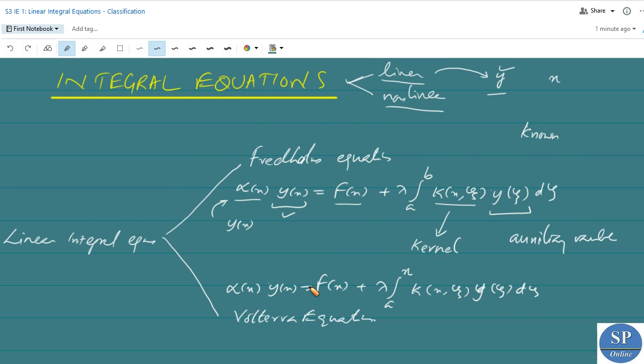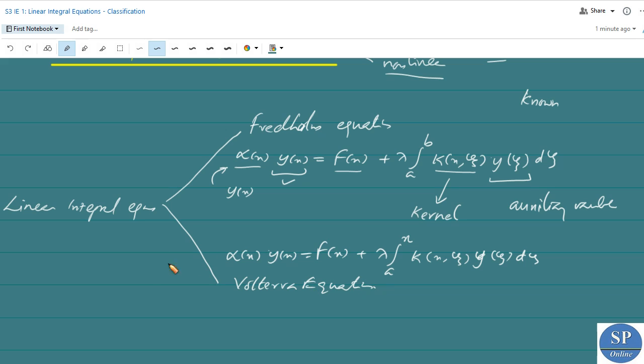Okay. So we are talking about linear integral equations. They can be classified into two: Fredholm integral equation and Volterra integral equation. Fredholm integral equation has this form, in which the integral has constant limits, and in Volterra integral equation, the upper limit will be the current variable x. Now we can further classify these equations